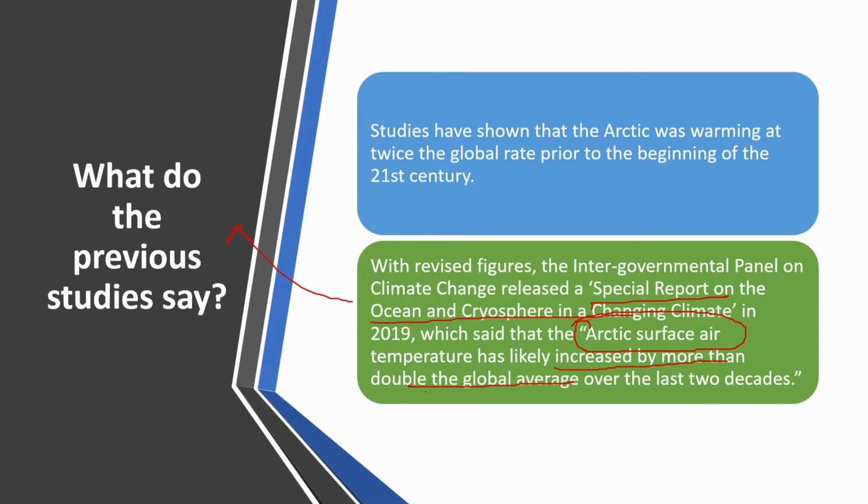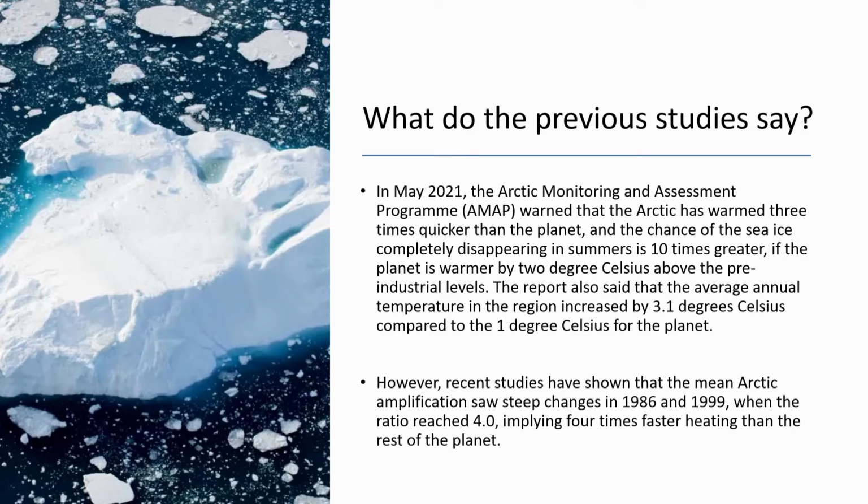Majority of the aspirants don't know the term cryosphere, but it is considered an important ecosystem within the Earth's surface, where ice sheets and other ecosystems prevail. So the Special Report on Ocean and Cryosphere also shows an increase in temperature in this region. At the same time, other studies like the Arctic Monitoring and Assessment Program also give a similar result. The report also says that there is an annual temperature increase in the region of 3.1 degrees Celsius.